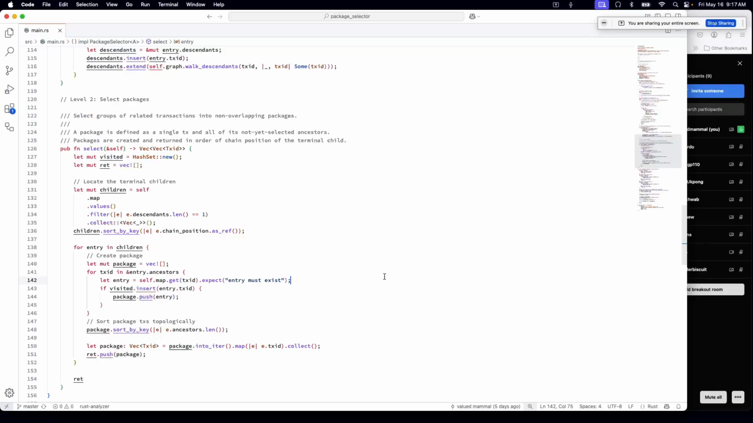So the steps again are to locate the terminal children. That's probably not the best term for it, but like the last descendant, the final descendant, or the last unspent descendant in the pool, and then sort the children by chain position, and then for each child, we're going to create a package by just including everything in the ancestor set, and we make sure